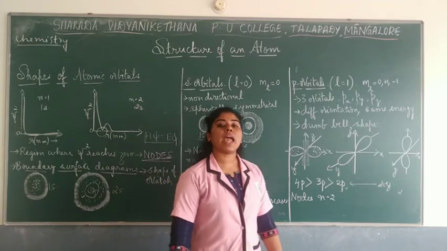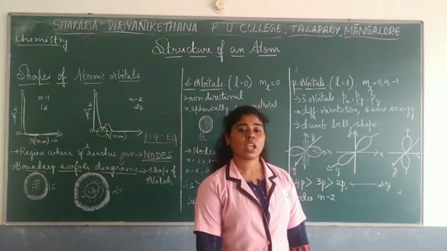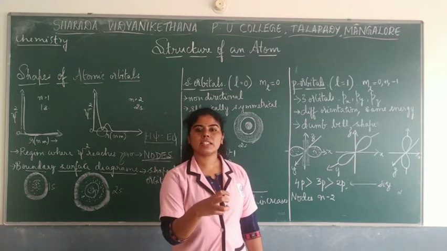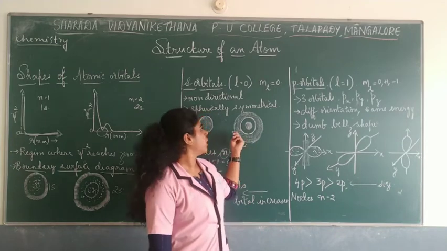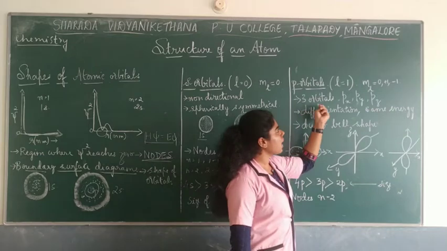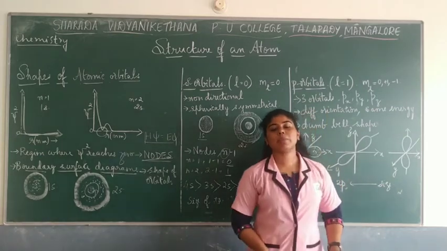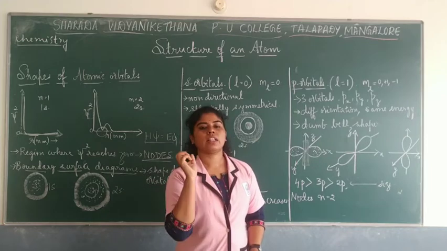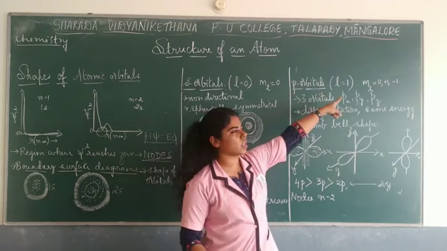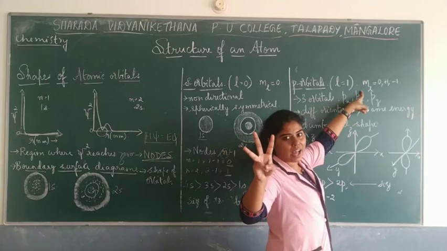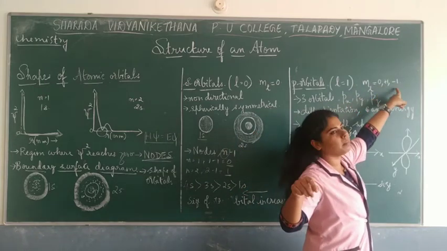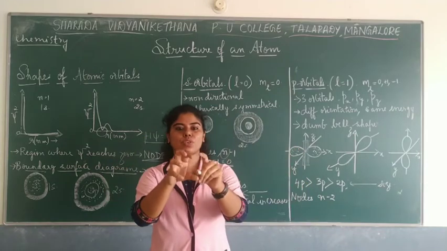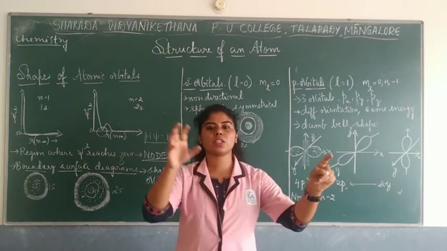Next we move on to l equal to 1. l equal to 1 means p orbitals, as you all know. If l is 0, then it is an s orbital. Now moving on to l equal to 1, which determines the p orbitals. If you have to calculate the magnetic quantum number for l equal to 1, then you have three values, which are 0, plus 1 and minus 1. As I told you, it is like a scale. So you have 0 in between, minus 1 and plus 1.